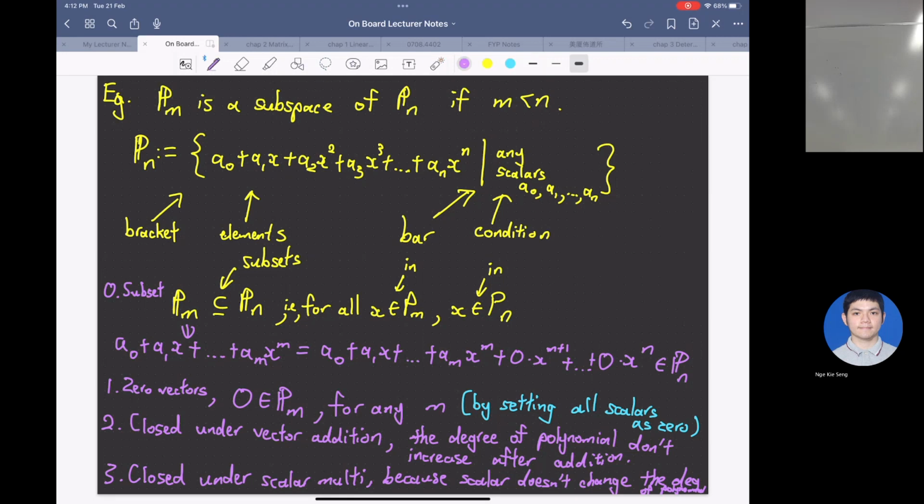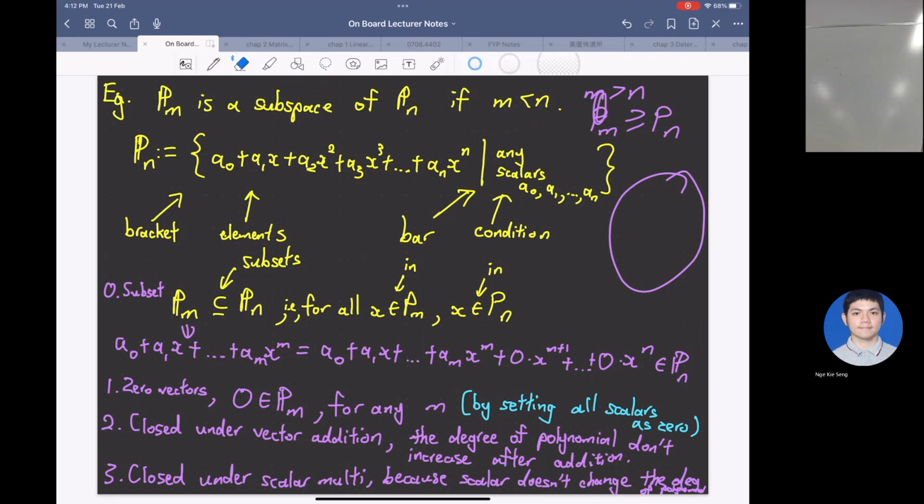So if m is greater than n, then you can show that Pn is a subspace of Pm. Okay, because now Pm becomes larger. Pm contains Pn. Okay, so